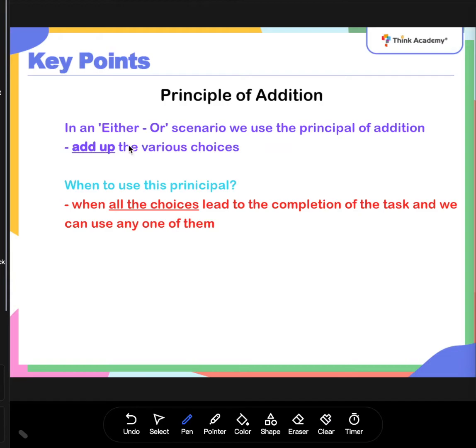So when do we use principle of addition? This is when we have an either-or scenario. So then we add up the choices. We'll have a look at some examples and it will make it a lot more clear. And when do we use this principle? When all the choices lead to the completion of the task and we can use any one of them. So what that means is,